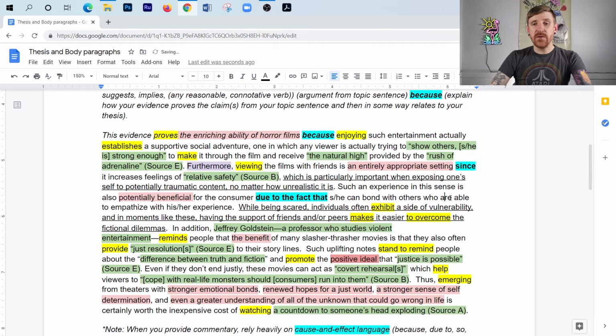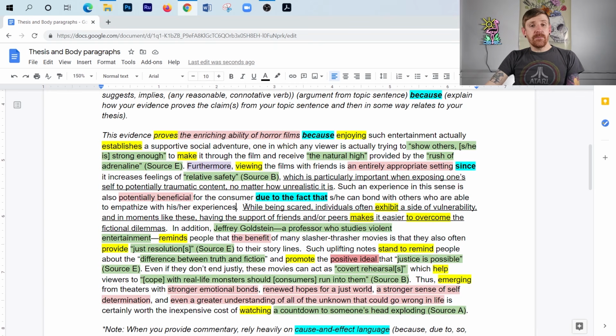Can bond with others who are able to empathize with his or her experiences. So now look at what I'm doing here: I'm connecting all of my commentary and reasoning together. And this is enriching because it's a social setting, it's an appropriate setting, and this is also potentially beneficial, which is just another way to say enriching. So I've got that same idea all the way throughout.